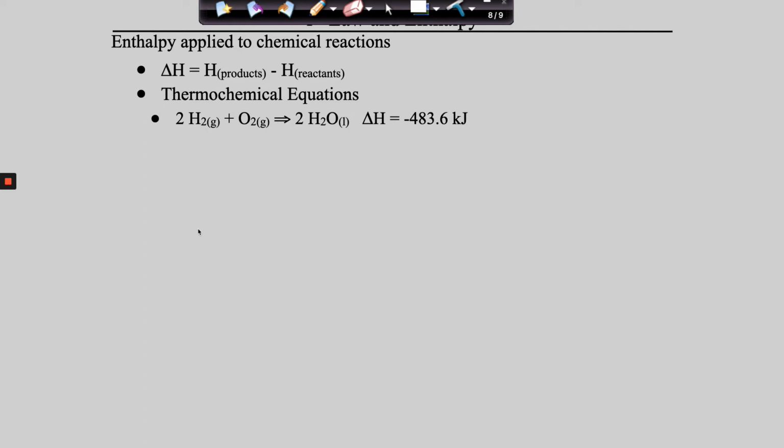And this additional information tells us when this reaction happens, how much energy is involved, how much heat or enthalpy is transferred. Now guys, importantly, what does it mean that it's negative? Is energy going in or out? Out. So will this feel hot or cold? Hot, because it's giving off energy. As we grab a hold of that, the reaction's losing energy, and so we would experience that heat, that enthalpy